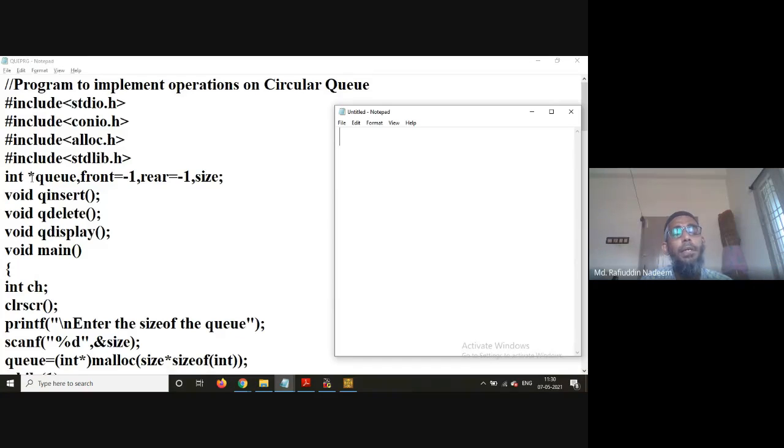I have taken it because I am going to create an array dynamically. Then front is assigned to -1, and rear is assigned to -1 in the beginning, globally. The size I have to give, and next I have to create a queue. So the size is not mentioned right now.